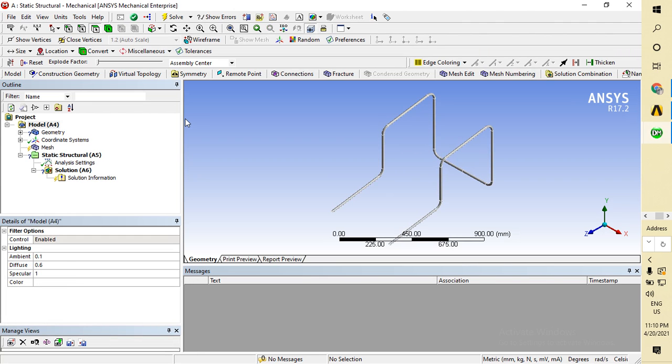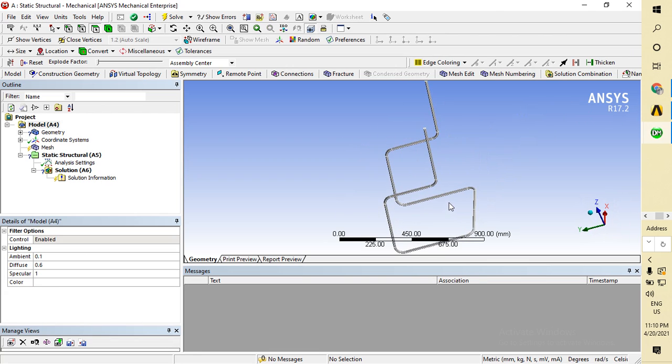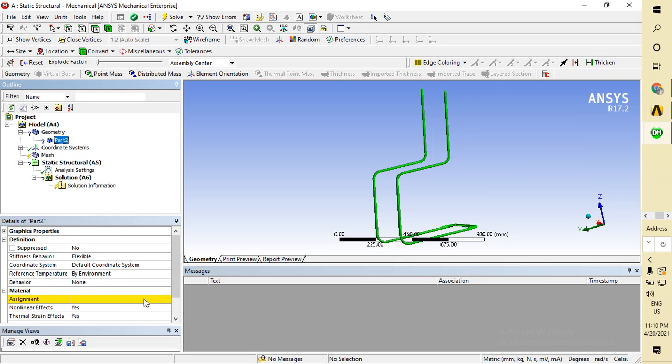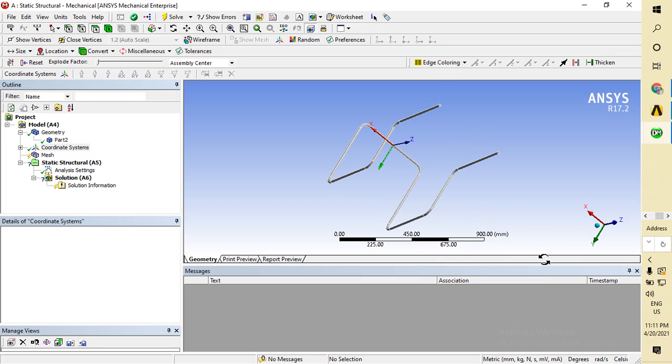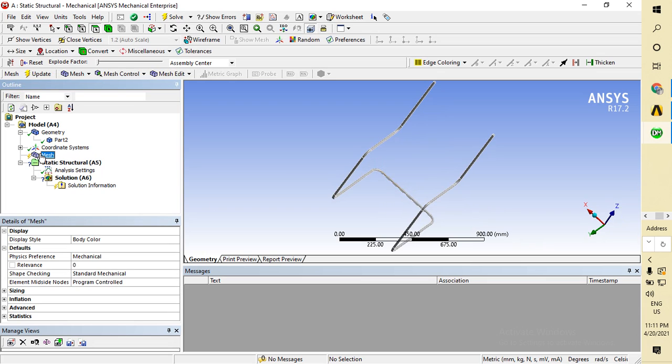Now we get it here. Now go to the geometry part and assign the material, that is structural steel. Now the coordinate system: this is Z, this is X, and this is Y.